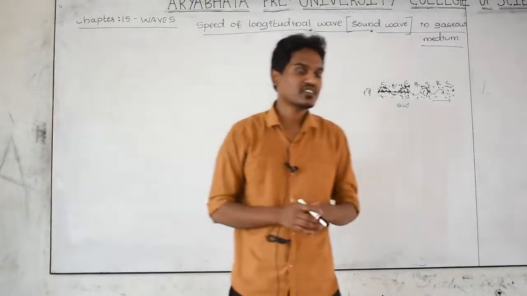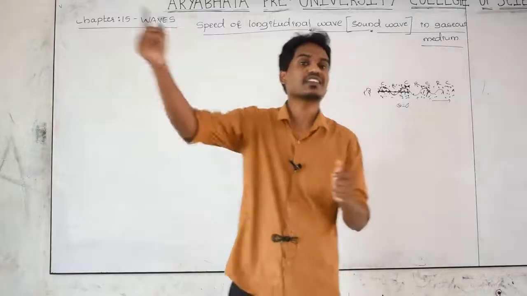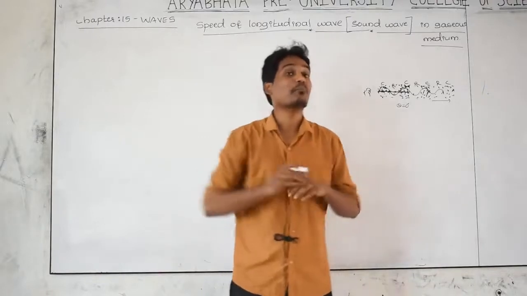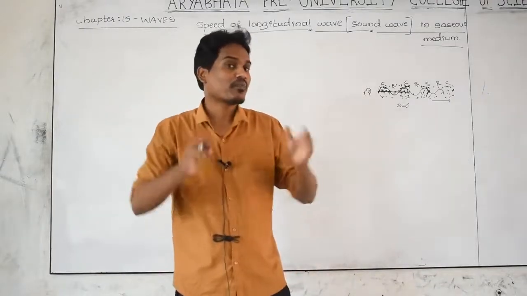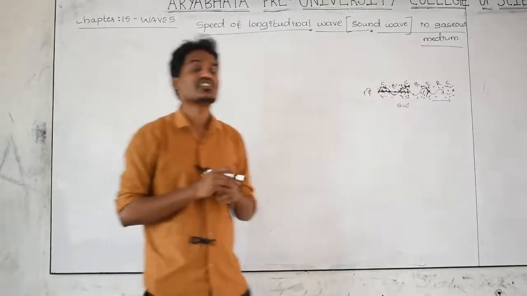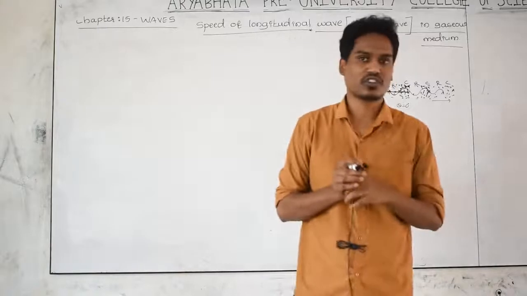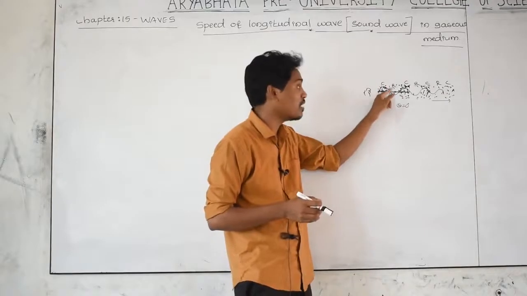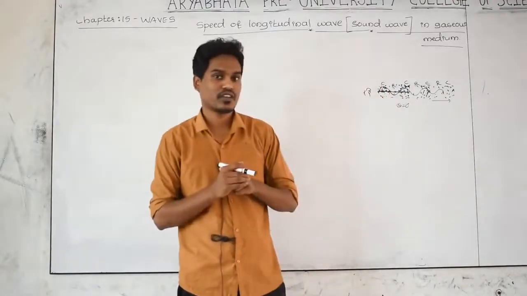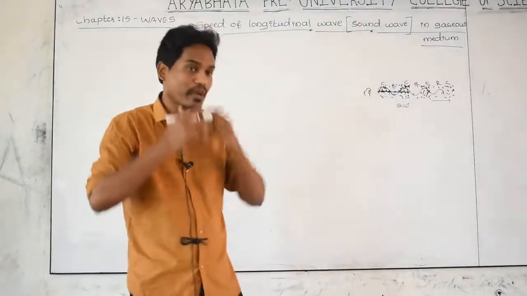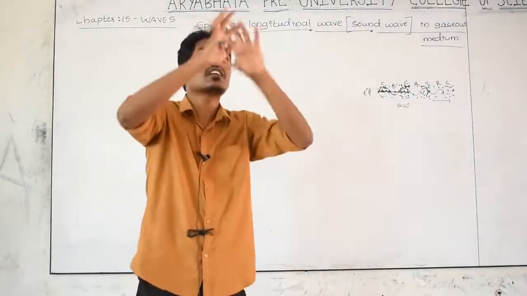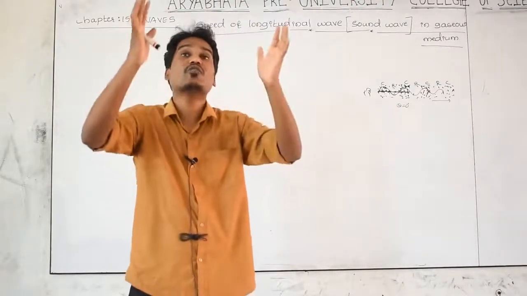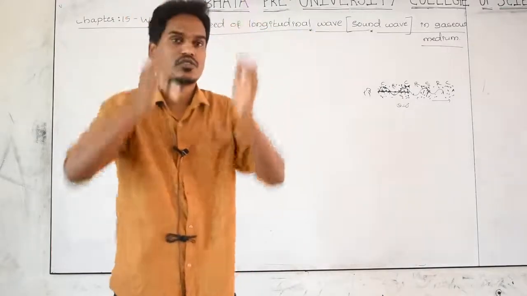You know very well from the mechanical properties of solids: on applying pressure, if there is a change in length, it is called Young's modulus. If there is a change in volume, it is called bulk modulus. If there is a change in shape, it is called shear modulus. When the person talks, he puts pressure on the air particles, and their volume changes. When I am talking, my vocal cord puts pressure on the air particles present here, and the volume of these air particles changes.